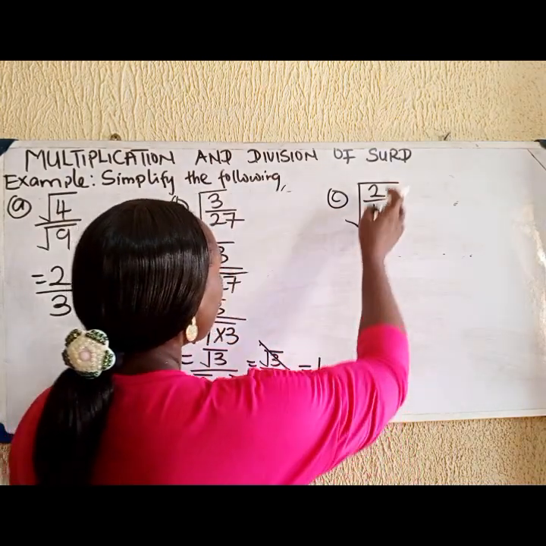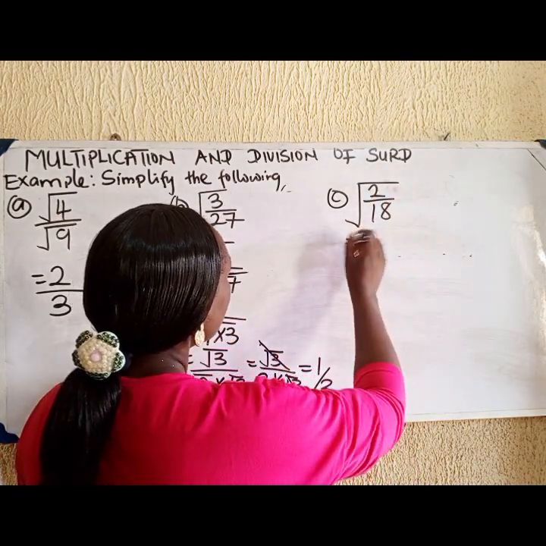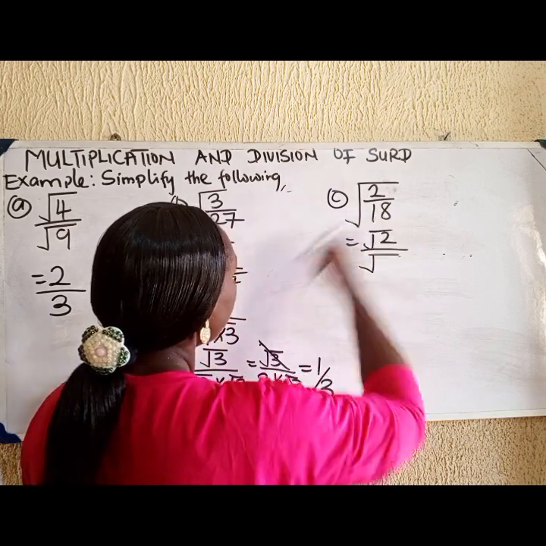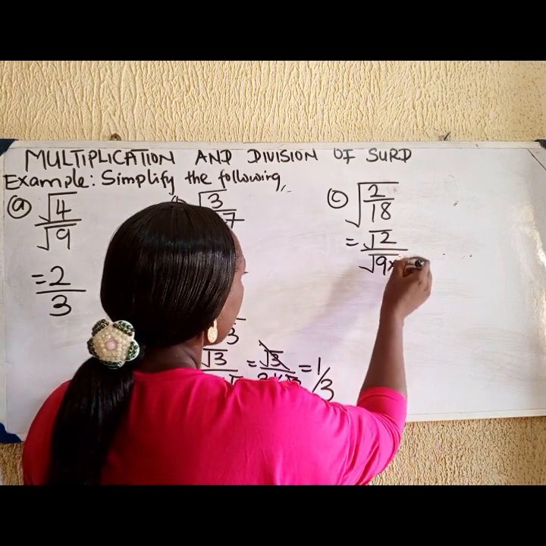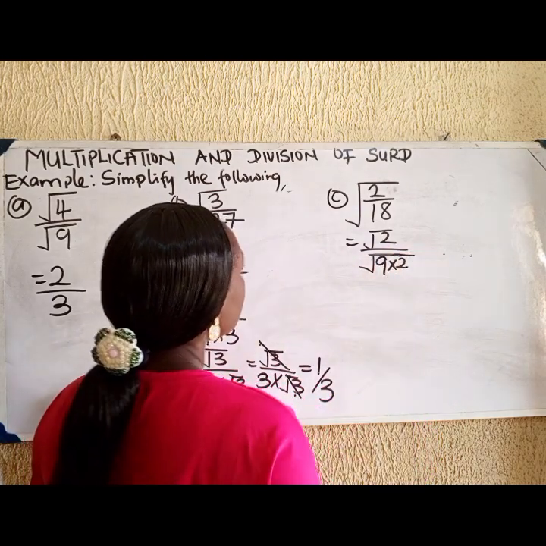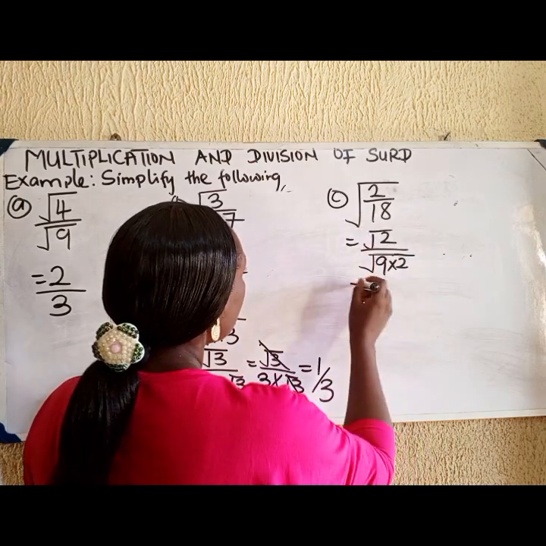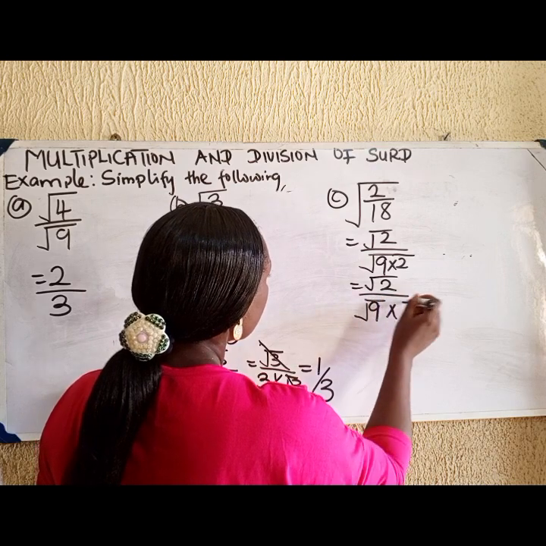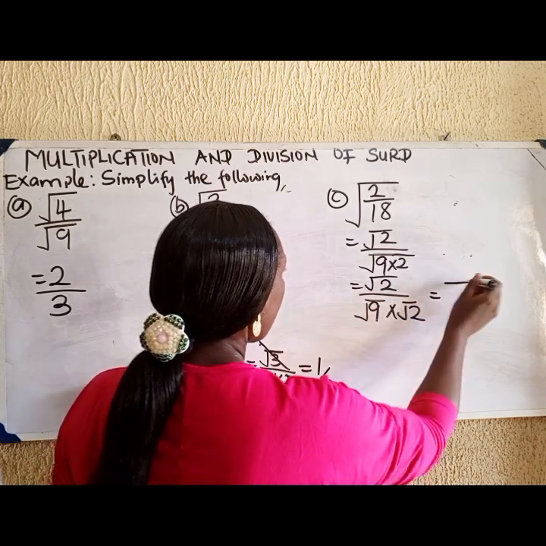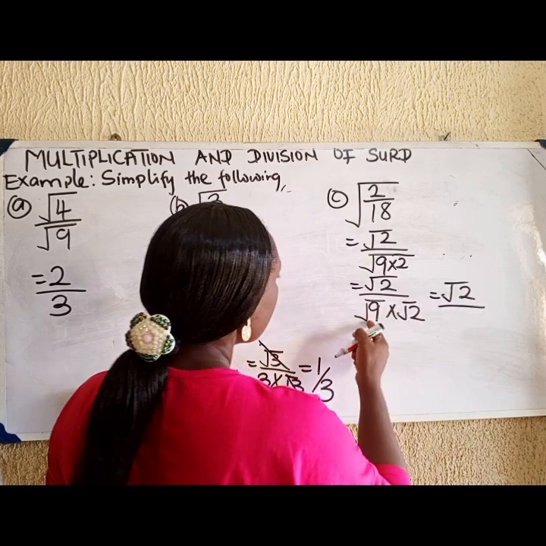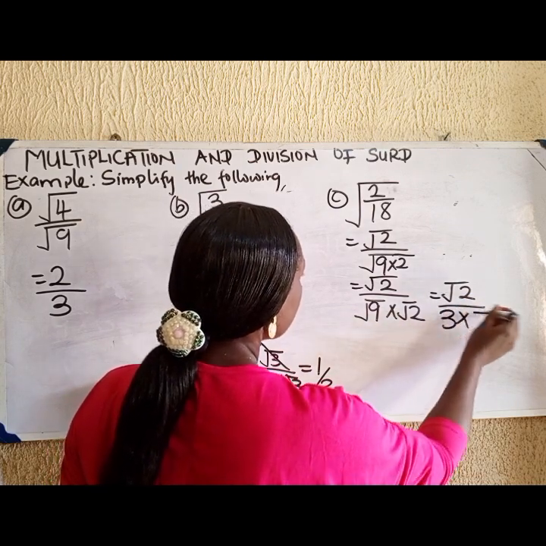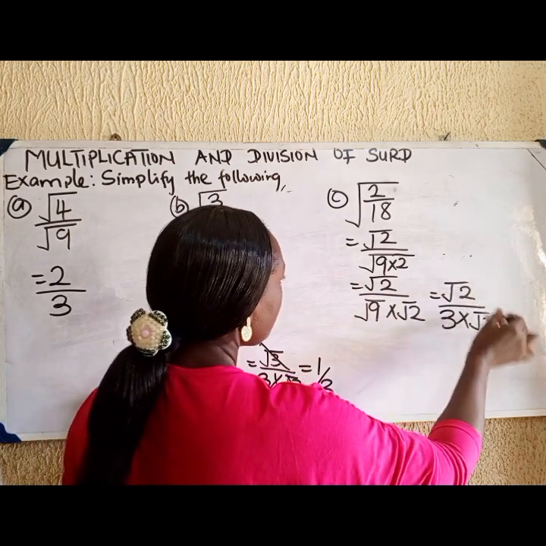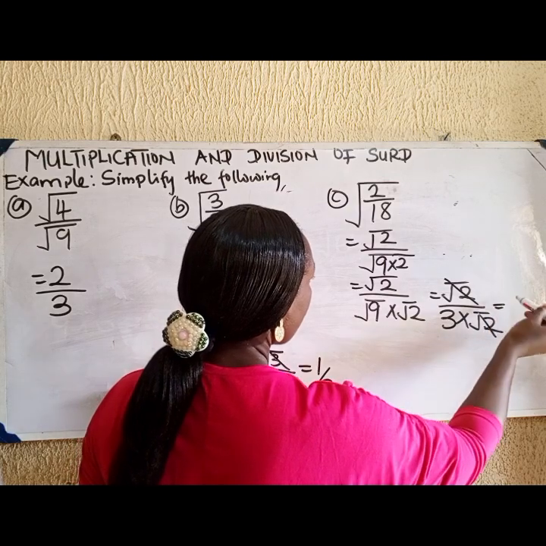Coming to this place, I have root 2 over root 18. This is the same thing as root 2 over root, and I will simplify this 18 as 9 times 2, because 9 times 2 will give me 18. So this is the same as root 2 over square root of 9 times square root of 2, which is root 2 over 3 times root 2. Since I have root 2 here and also here, I will cancel. So my answer is